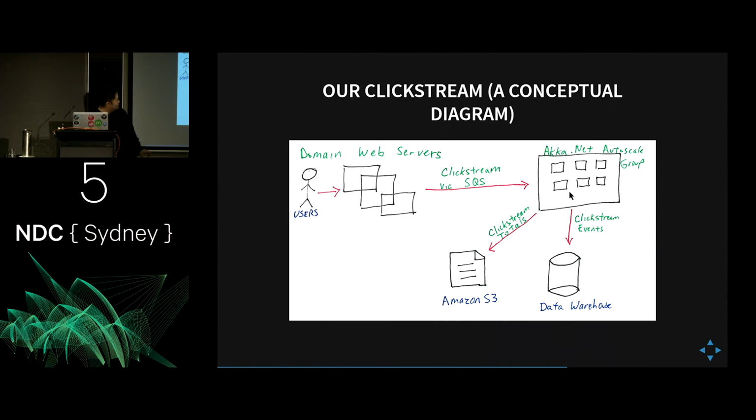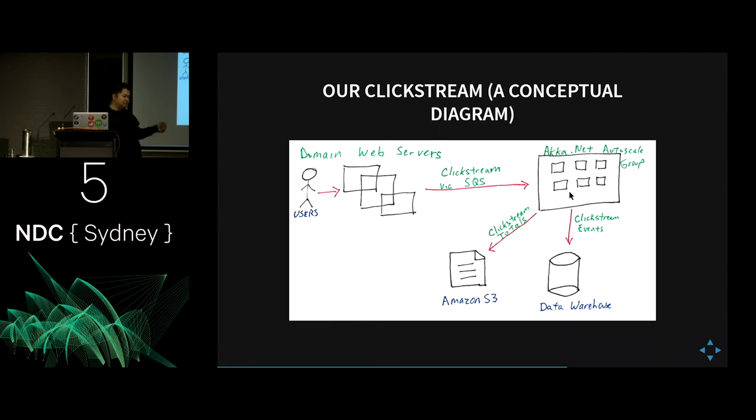So I took the time to just draw a very crude diagram of what the flow of the data is within Domain. We have a click stream where people do things like send inquiries. For example, you might have somebody click on a nice house and say, I'm really interested in buying this property or renting it, and I want to contact the agent and figure out whether it's still available. We need to record every single thing that everybody does on the Domain website, and that's what's happening inside the click stream.